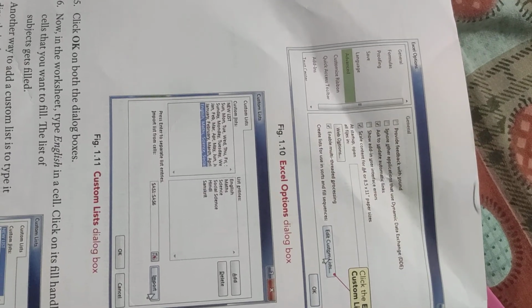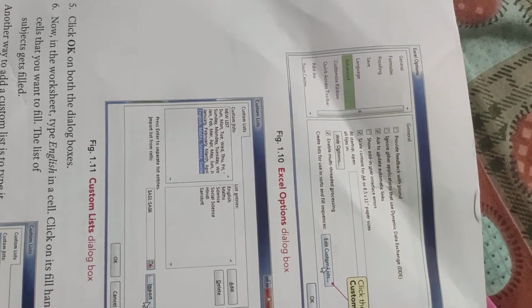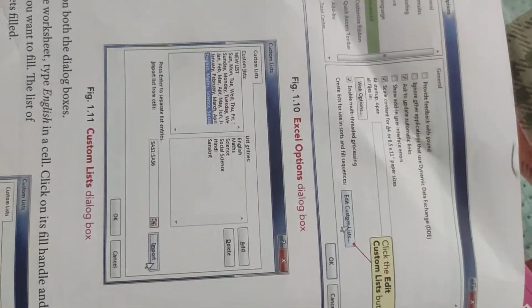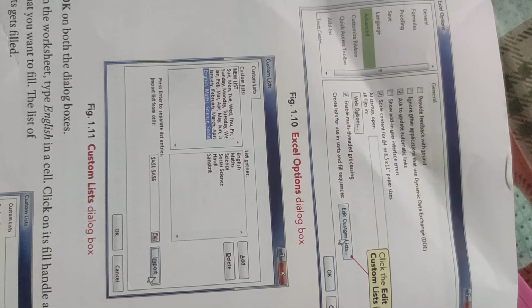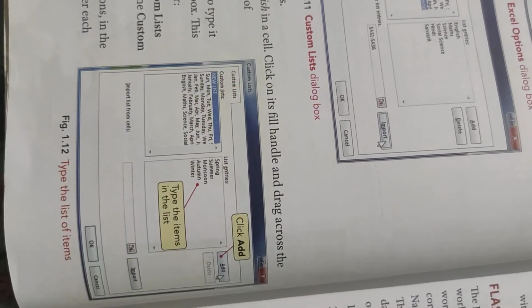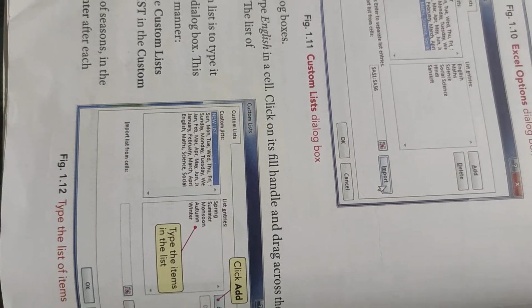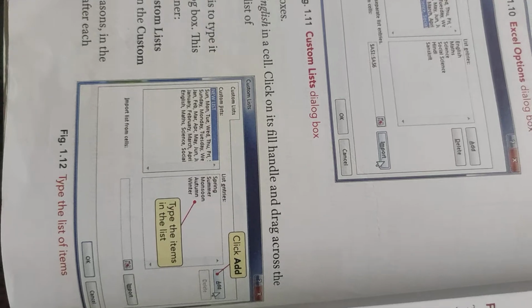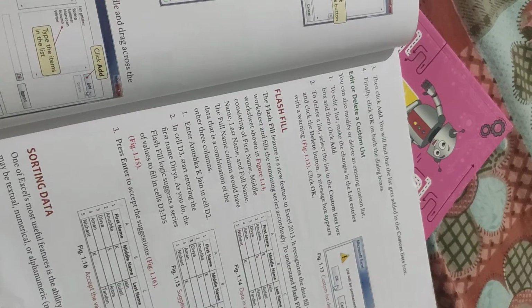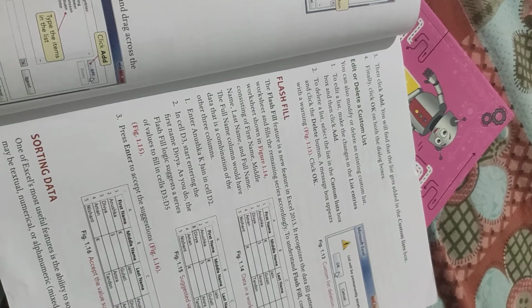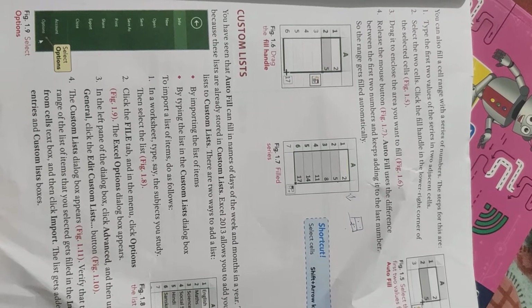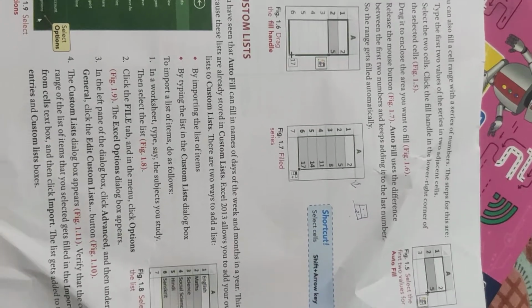See, instead of clicking on option add as in the first step, where we selected the data from a given set of data which had to be imported, in the second step you are clicking on add in the custom list option. After clicking on add you can type the entries in the list entries dialog box given. After you have written them, you can save them. Alright, after that you can add and your custom list will be created. So these were the steps for importing a file in MS Excel using custom list.